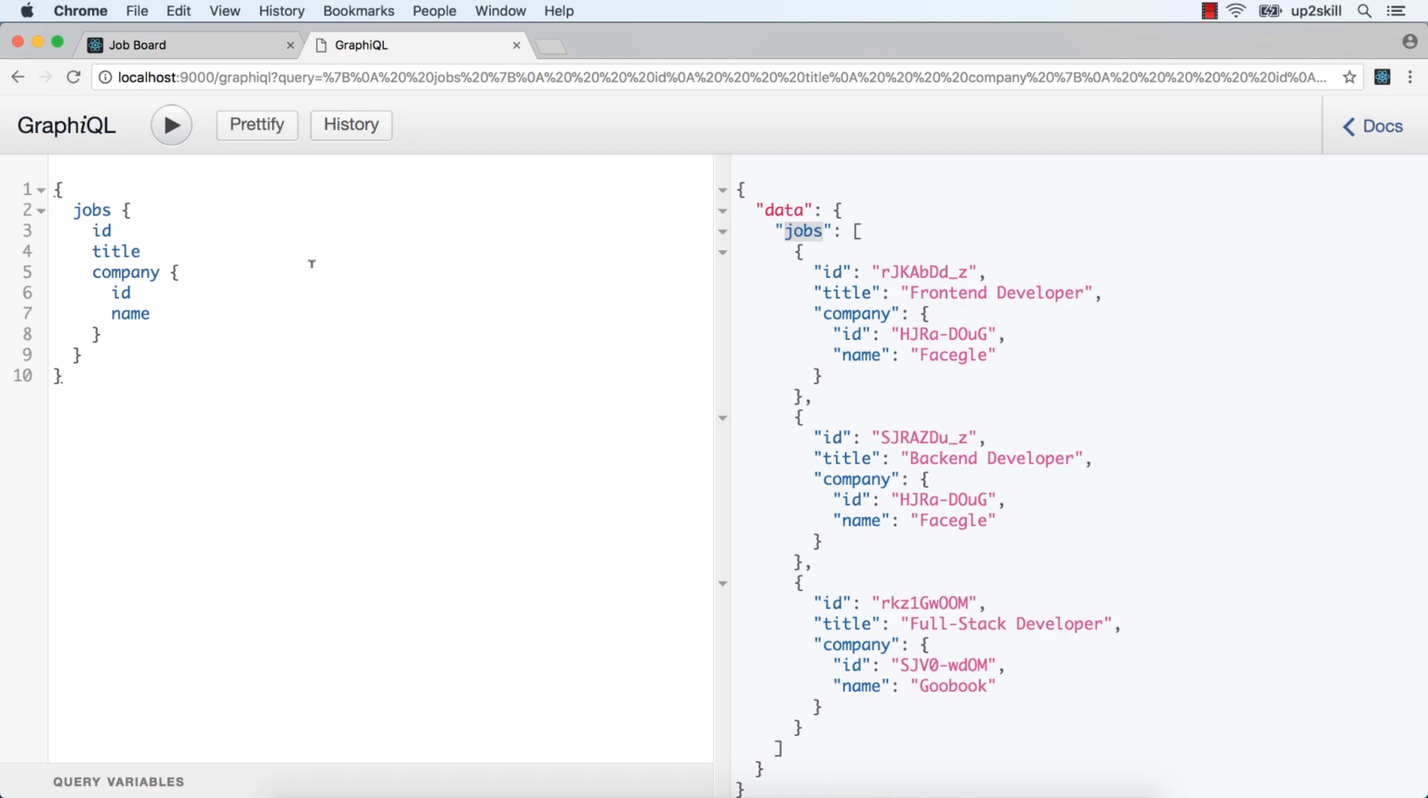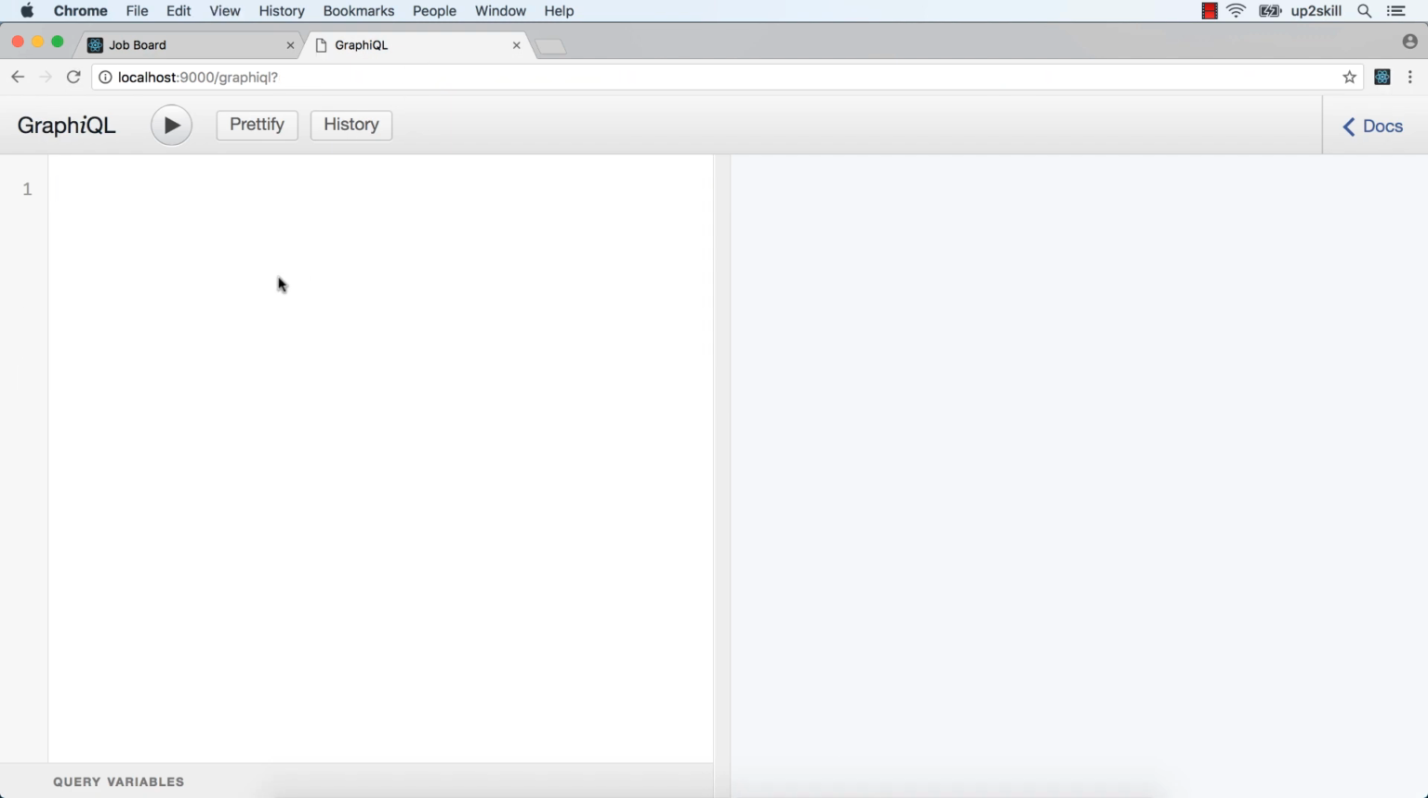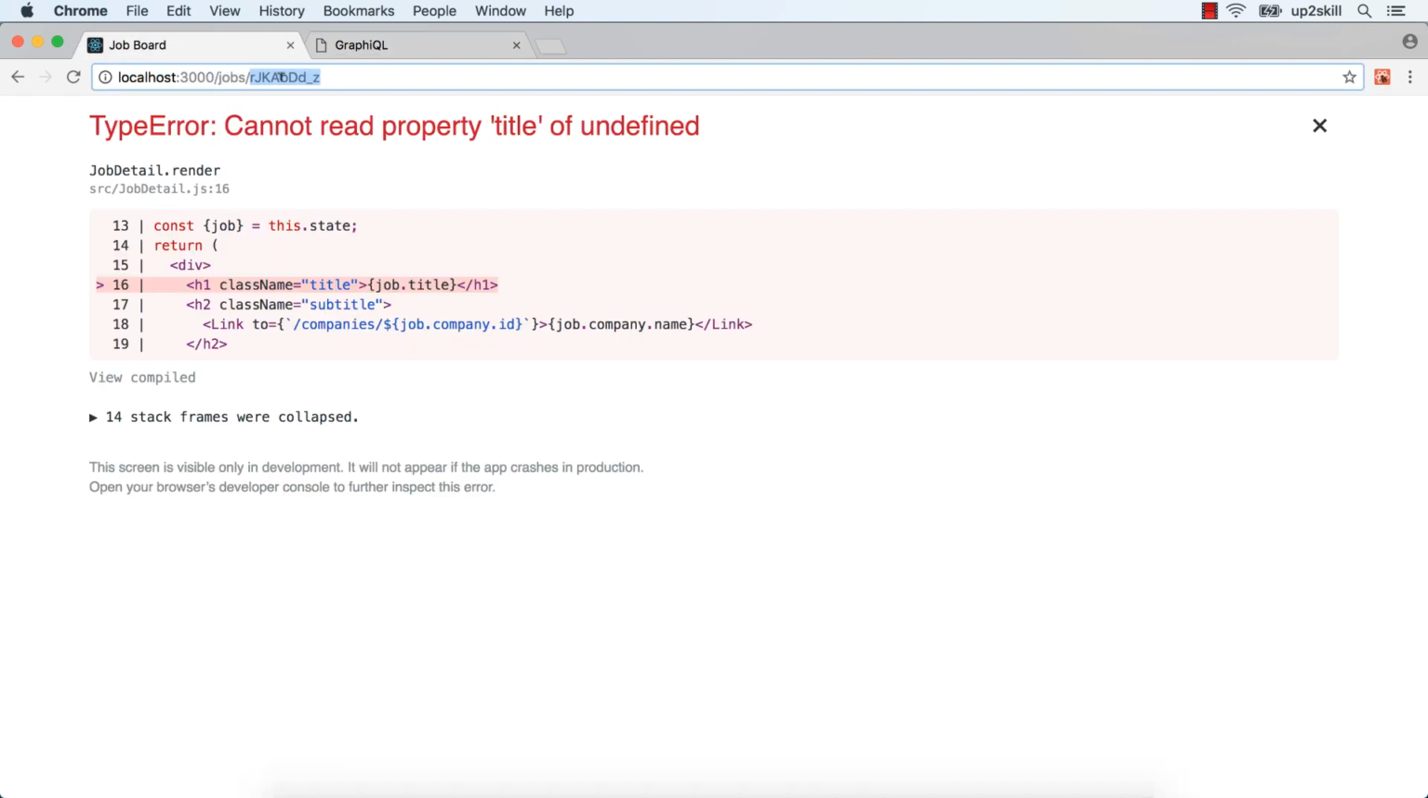In our graphical tool, I'm going to delete everything first and reload the page to refresh the schema. Now we can write a new query and we can select job from the field list. We can pass an argument by opening parentheses, write the argument name, that is ID, then colon and a value. Here we need a valid job ID. So I'm going to copy the one we were trying to look at in the front end, and I'll paste